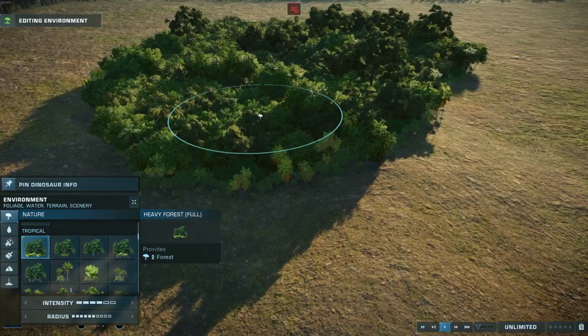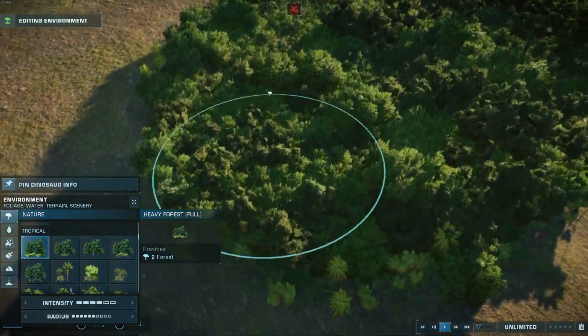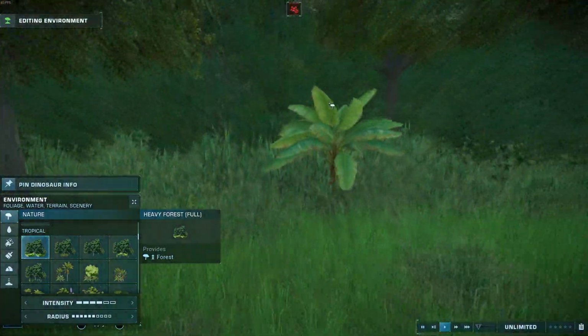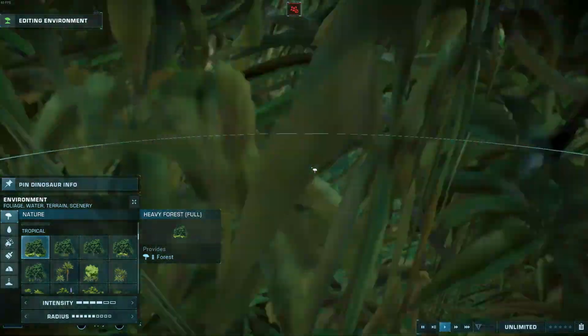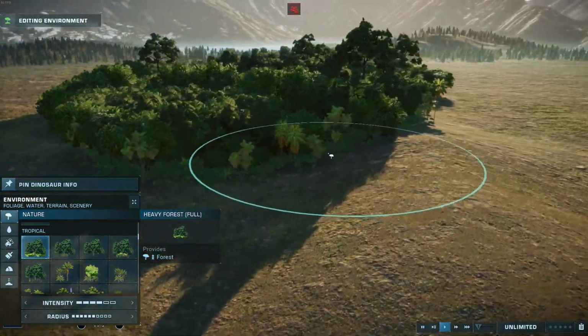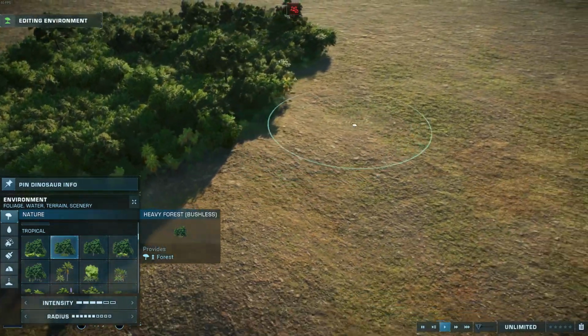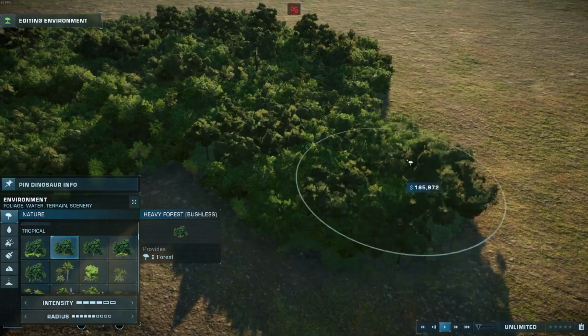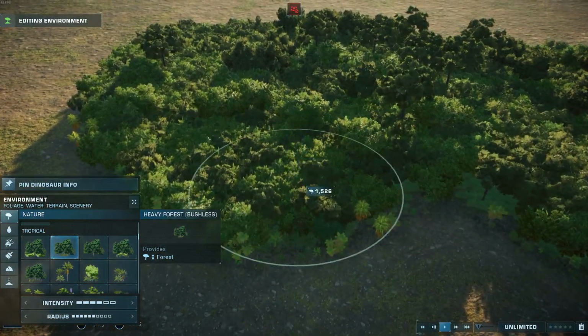And because I had to remove the hill from the middle for some other brushes I added later on, I figured I might as well fill the forest out, so it is a proper full forest now you can go inside. It's not missing anything, except it is extremely bushy. So bushy in fact that you can't see inside, and that is exactly why I've added this second variant, the Heavy Forest Bushless. It's identical, so you can even paint it over the original, you won't see any difference, except